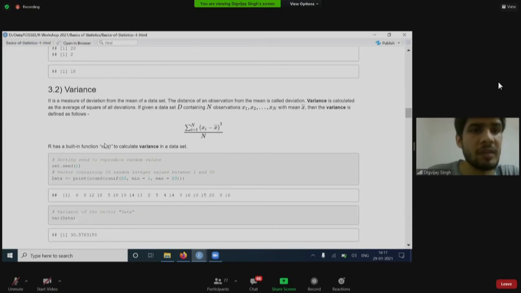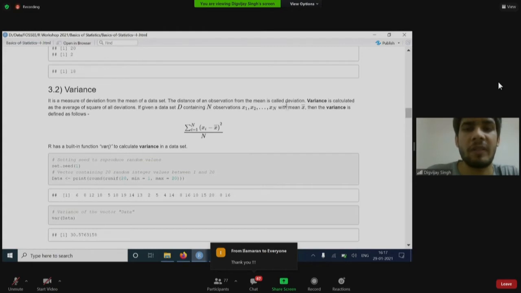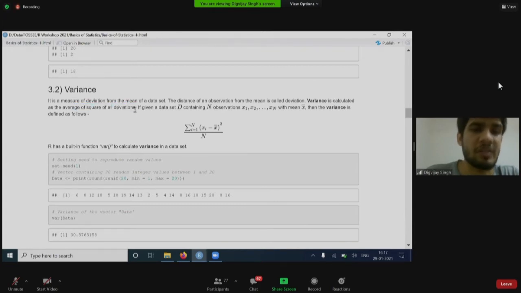Now coming to variance. So the variance is a measure of deviation from the mean of a dataset. What is this deviation? The deviation is the distance of an observation from the mean. So what we calculate in a variance is the average of the square of all such deviations.